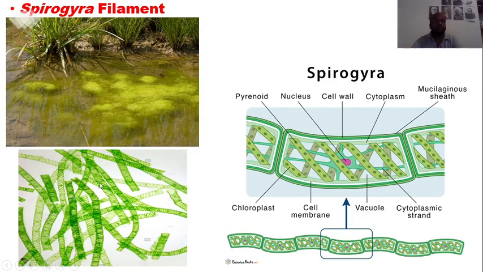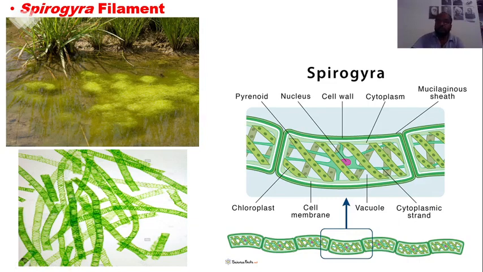So here these are the many filaments of the spirogyra, and when we magnify only one filament, we get this structure. This is a cell of the spirogyra. The cell is longer than its breadth, and there is a ribbon shaped, spirally coiled chloroplast. This is a distinguishing character of the spirogyra. You can identify it easily with the help of this ribbon shaped, spirally arranged chloroplast.